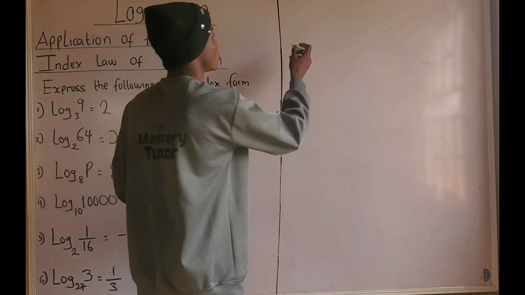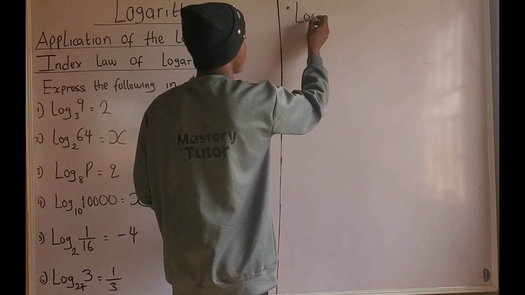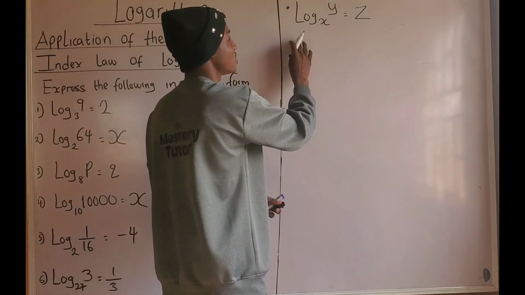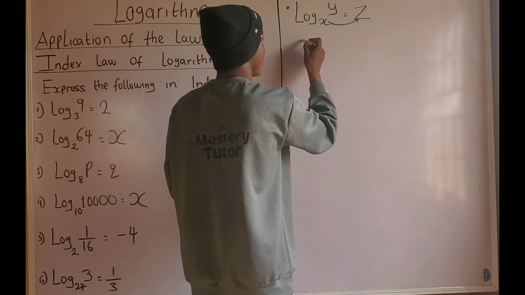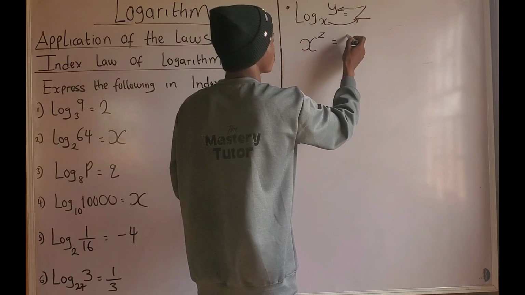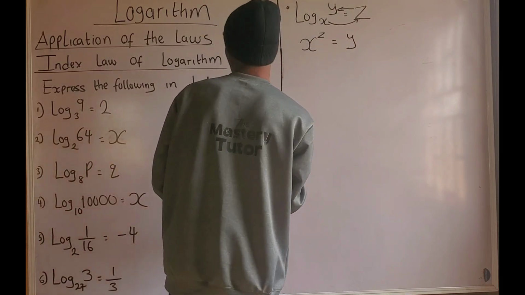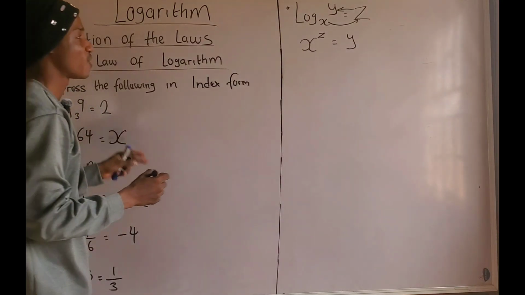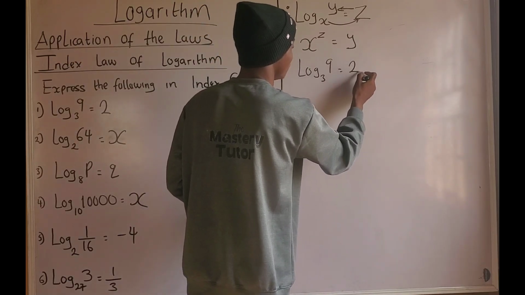Don't forget that I told you that according to the index laws of logarithm, if you have log y base x equals z, and you want to change this to index form, this base will carry what you have here. So I'm going to have x raised to the power of z equals y. Do you understand? So that means if I want to change log 9 base 3 equals 2 to index form,